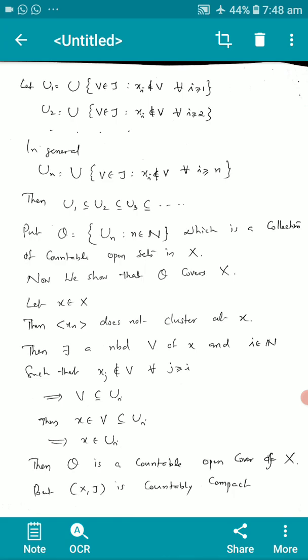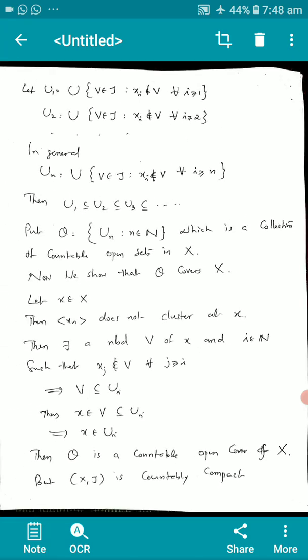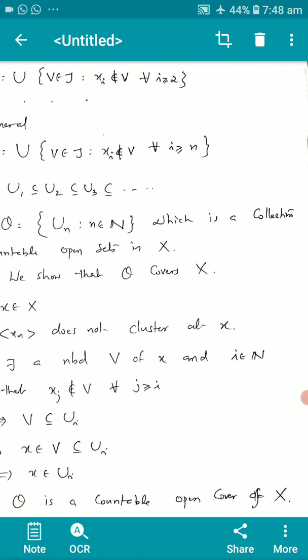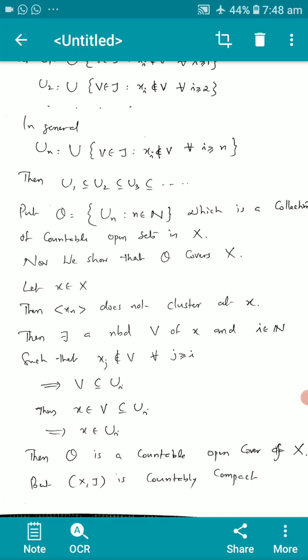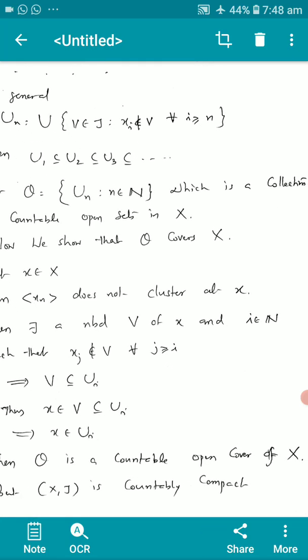This shows that u1 is a subset or equal to u2, which is a subset or equal to u3, etc. So you take the collection, put theta equal to the collection un, n in N, which is a collection of countable open sets in X. Now we show that theta covers X. Let small x in X, then the sequence xn does not cluster at x, then there exists a neighborhood capital V